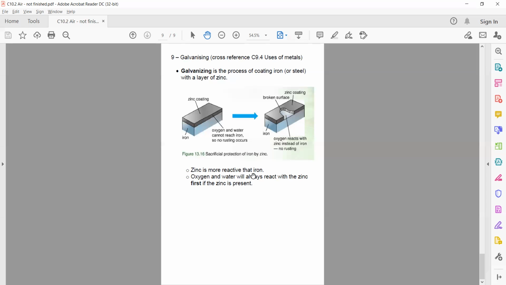Cool. Any questions? Anything interesting that anyone wants to add? Does anyone have any insights or ideas or something they want to contribute? Is there something about white rust of galvanizing? Sure. If it's exposed to moisture for a long time, some white rust can form over the zinc. Are we saying that the rust is forming because the iron is being exposed, or because it's already been galvanized? If it's left in moisture for a really long time, it might start rusting? Is that what you're saying? Yeah, some white rust.